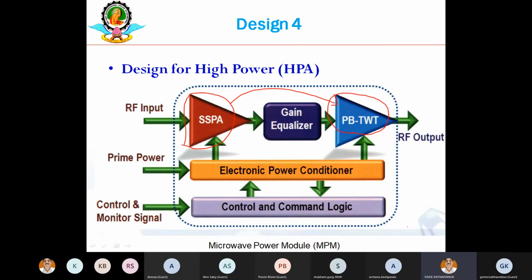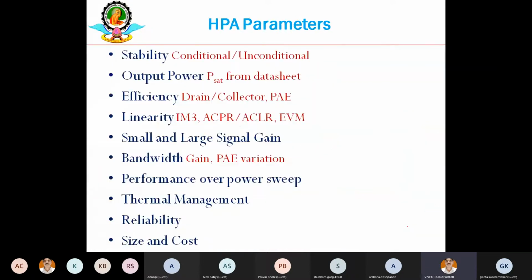So my intention was to let you know these kinds of power amplifiers are very important, not only from a communication perspective, but also in your radars and satellites, making your system very reliable and able to communicate over very long distances, maybe a few thousands of kilometers. That is the most important block of any communication transmitter. All right, so without wasting much time on the theory related to power amplifiers, you may always try to find out more information on this.